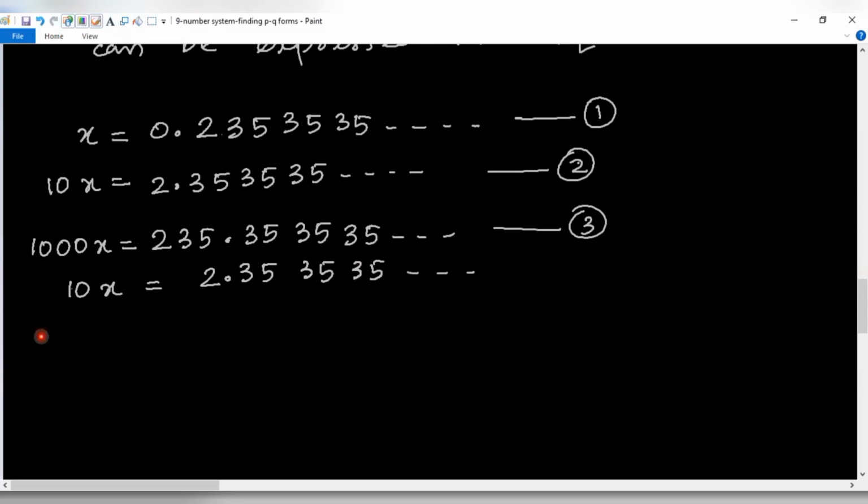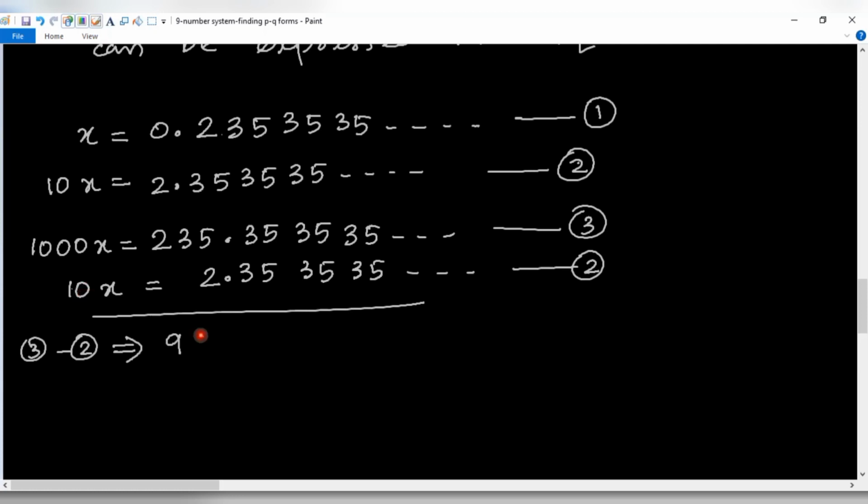Okay, what we are going to do is third minus second equation. When we subtract these two, here we have 1000 and here we have 10. 1000 minus 10 is 990. So 1000x minus 10x is 990x is equal to